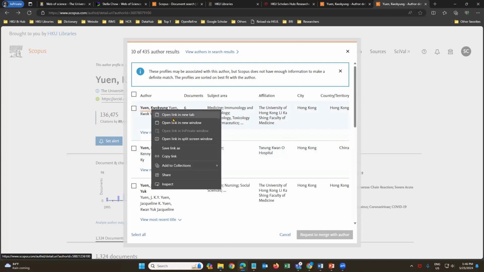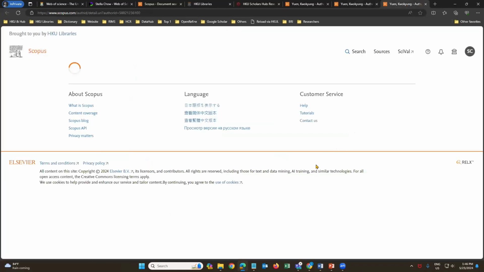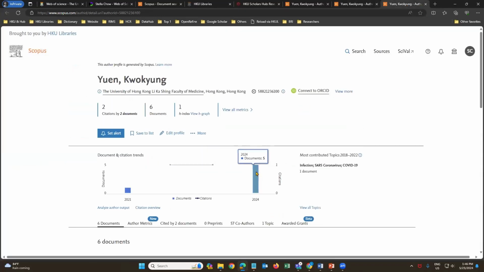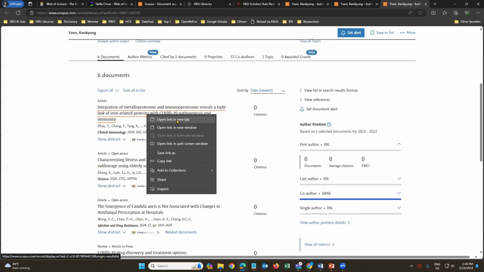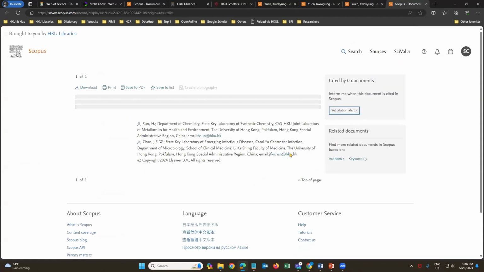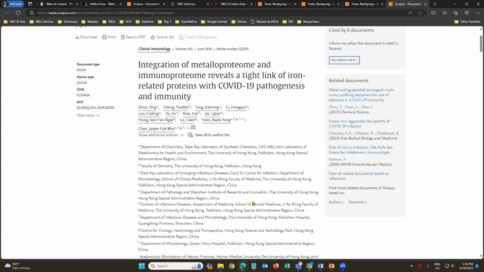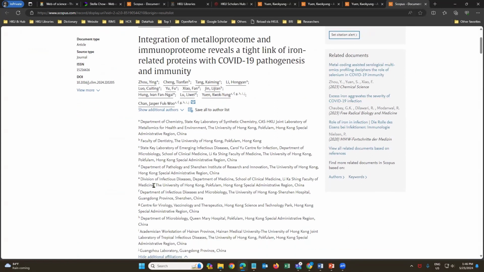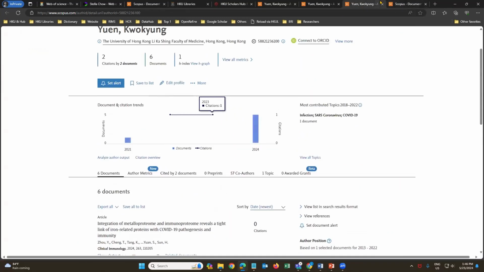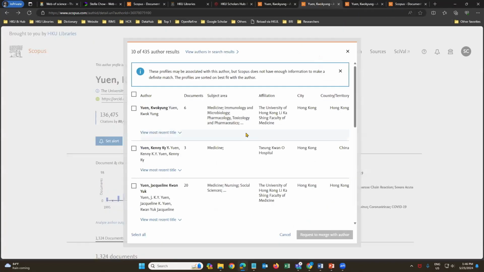But you have to check whether these 6 publications belong to him. Therefore, you have to check if these publications are his publications. So you have to check his affiliation or other information. For example, here it belongs to Yun Kwok Yong, of the University of Hong Kong. And then after checking these 6 documents, if you ensure that they belong to Professor Yun, then you can click this button,